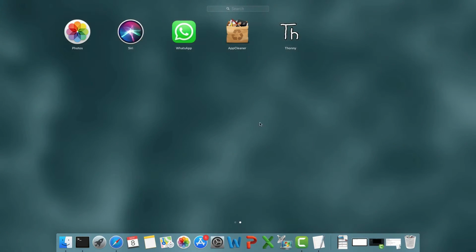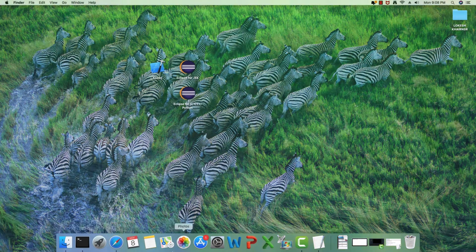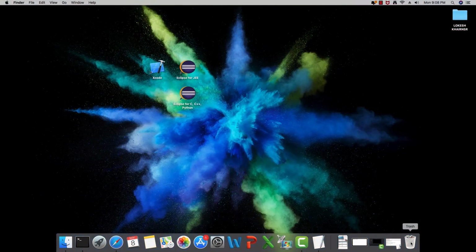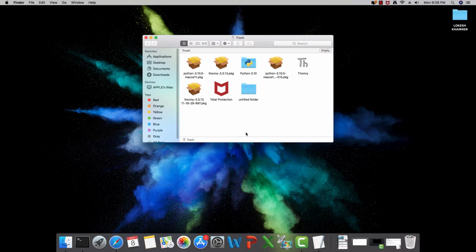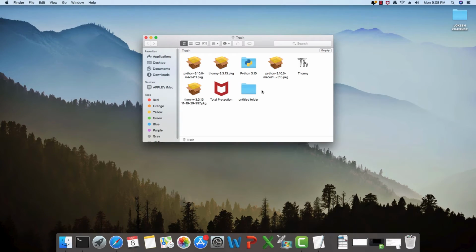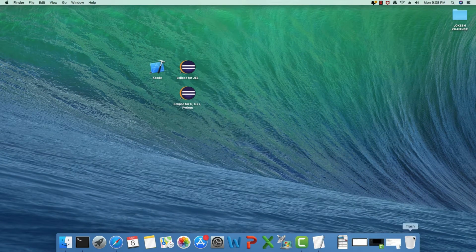Now I'm going to show you the command prompt of this Mac. Now if I hit the escape key, I am again back at the desktop. So here we have the main tab. Okay, so here you can find the trash bins. If you delete any program or file, then it will go to this trash bin, and you can empty this trash bin like this, or you can restore those programs.